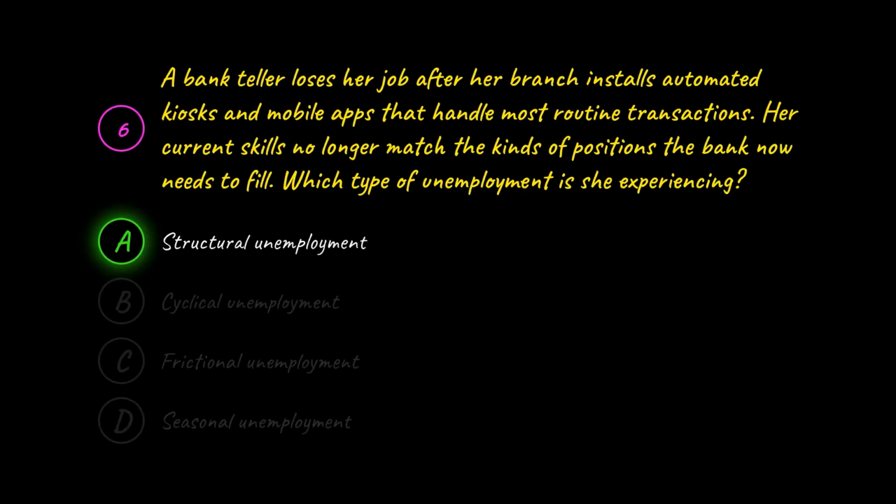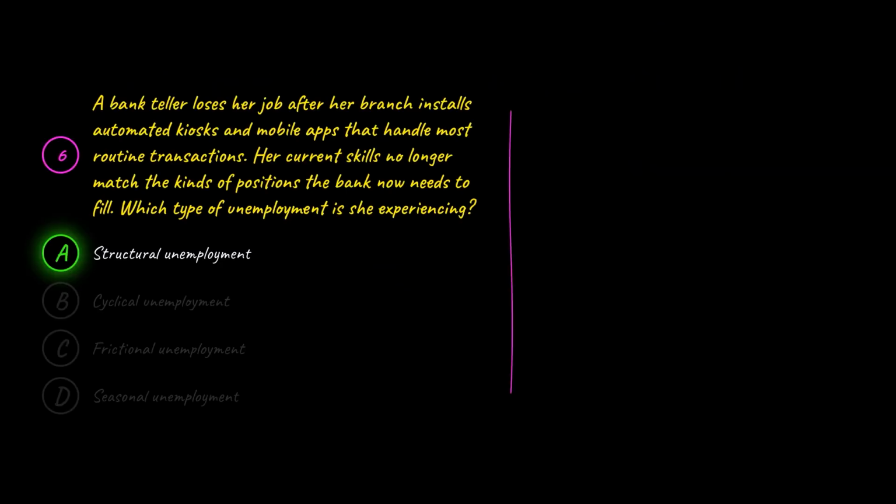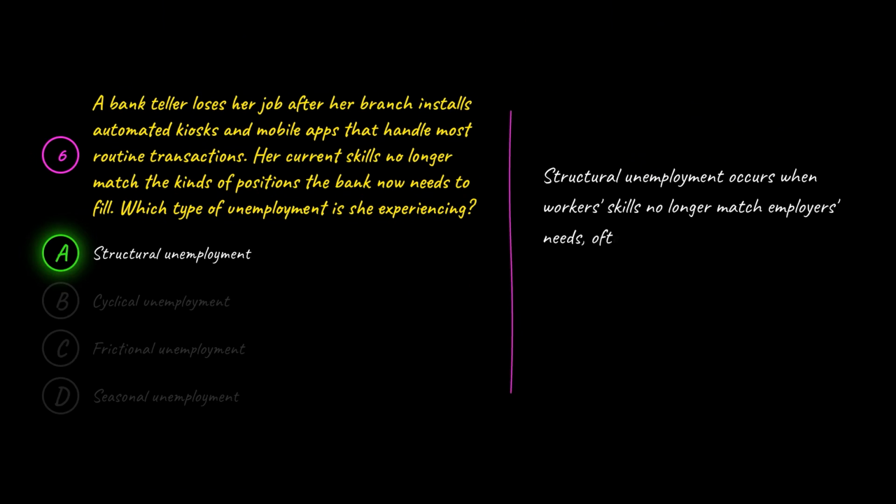The correct answer is A. Structural unemployment. A is correct because structural unemployment occurs when workers' skills no longer match employers' needs, often because of technology or industry shifts. Automation made her existing skills obsolete for the available roles, which is the textbook cause of